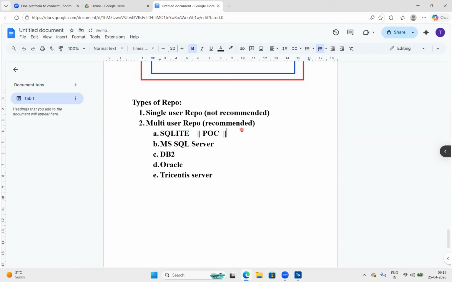Right now, we use the same SQLite for practice purposes. If you are working with SQLite, you need not set up a database and can work with it directly. But with MS SQL Server, DB2 or Oracle, we must set up the database. So you don't need to bother about all these things; simply use SQLite. It is also a replica of these databases. Is my point clear?